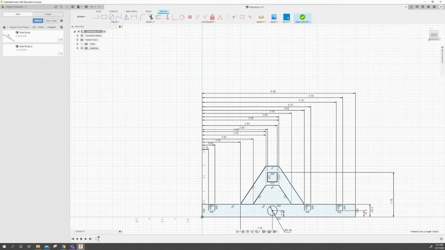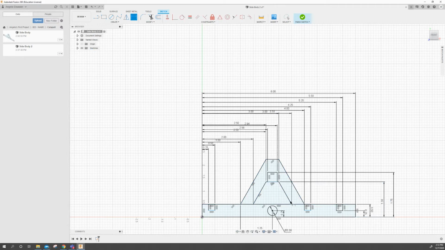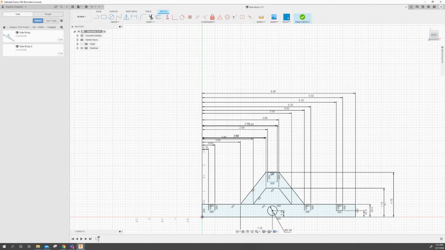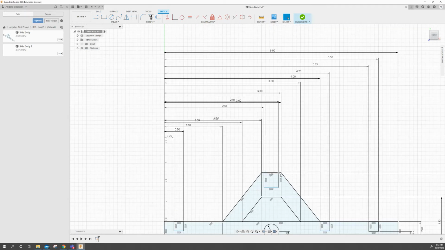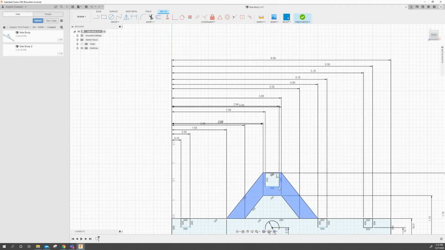Now let's dimension this guy. It's supposed to be 1.38. Or was it? Oh, it was 1.13. Oh, and that is fully dimensioning these guys. So let's